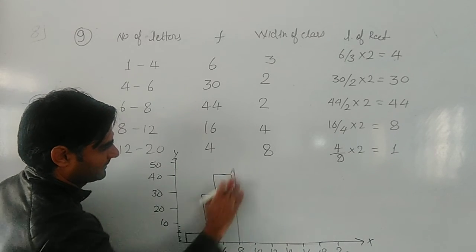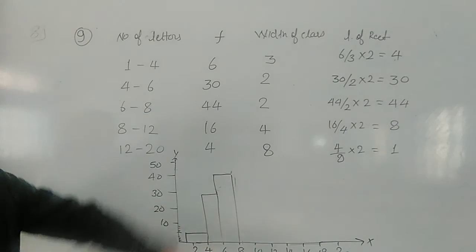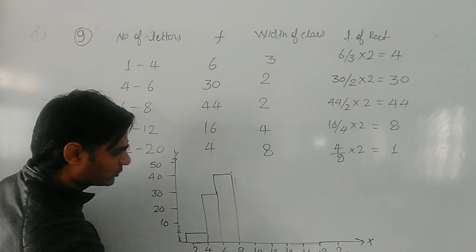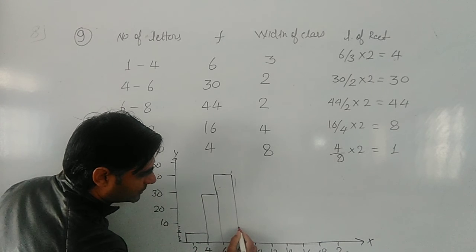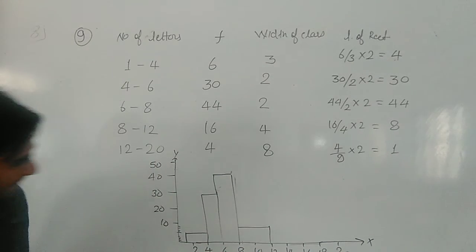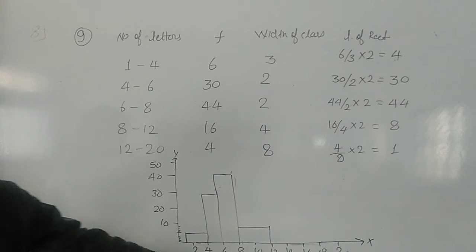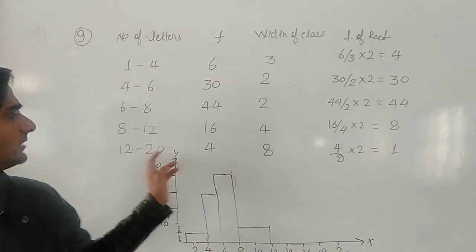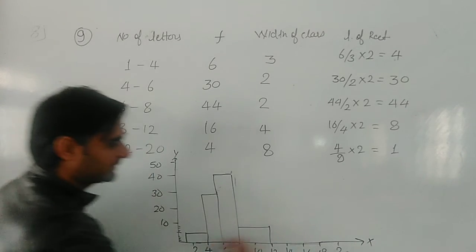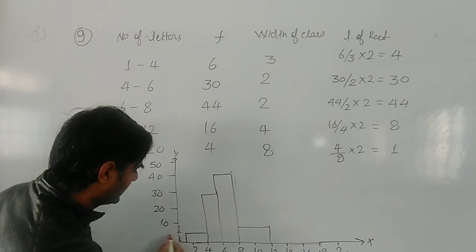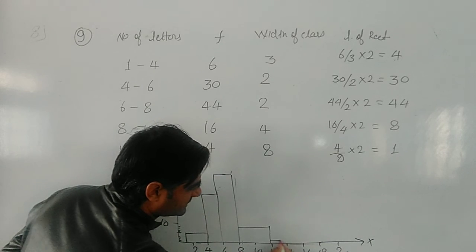8 to 12. Now next is 8 to 12. 8 to 12 height is 8. This is 10. This is less than this 10. So can we take here? Right? Then last one is 12 to 20. 12 to 20 height is 1. This is 12. This is 20. All will come and one height. Height 1. देखो कितनी छोटी सी height है.